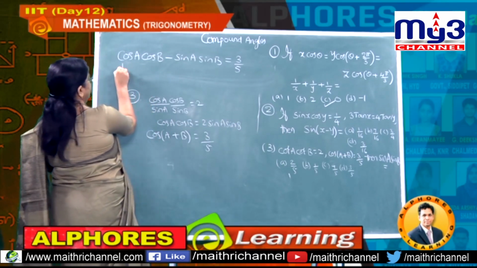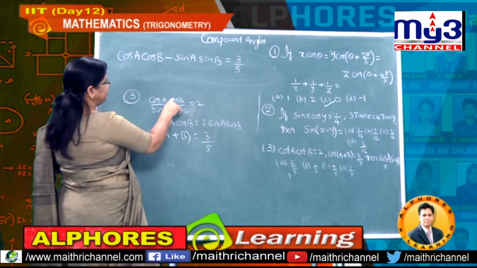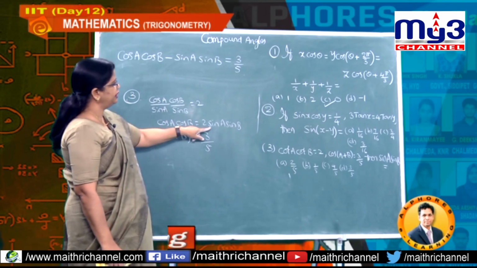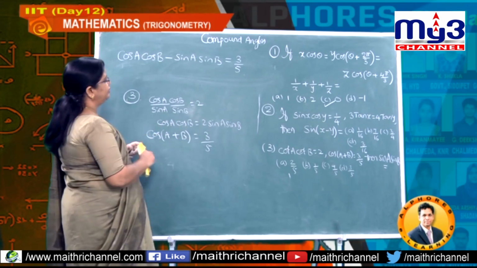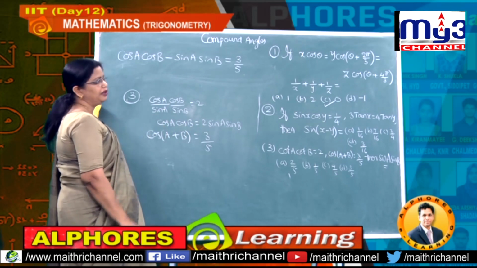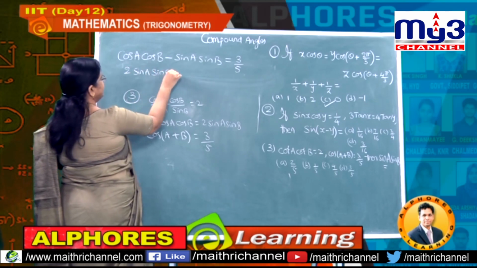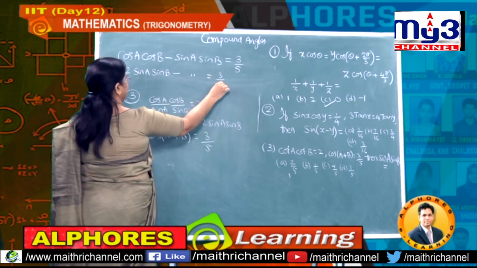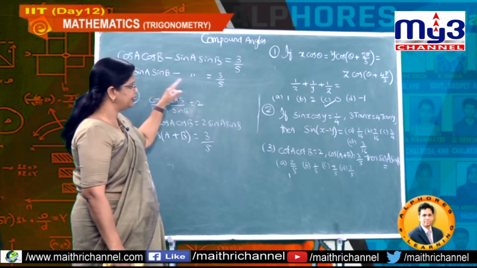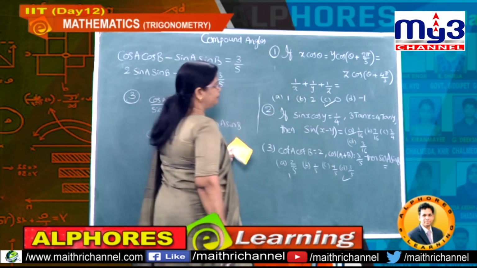So, I am writing here this cos A cos B value, already cot A cot B is given. From this result you got, and thereby now let us substitute. Understand? So that you can obtain the other value directly also. Now, students, cos A cos B is 2 times sin A sin B. Understand? Minus this sin A sin B, this is 3 by 5. So, 2 minus 1, what is the value? Sin A sin B. Finally, what is our answer? 3 by 5, and here 1 by 16.